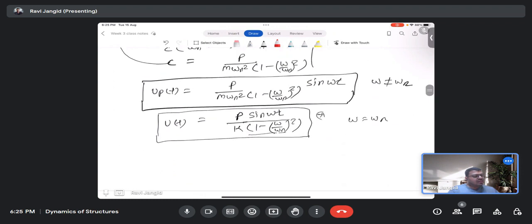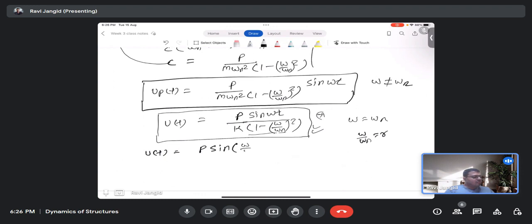Another way is that, if you remember in mathematics when we studied derivatives or limits, when the condition is of the form 1 by infinity, we use L'Hospital's rule. Can you use L'Hospital's rule in this equation? You will find the solution directly. For L'Hospital's rule, I need to differentiate both the upper and lower parts with respect to omega by omega n. Let us suppose omega by omega n is r. So I can write this equation u(t) as p,